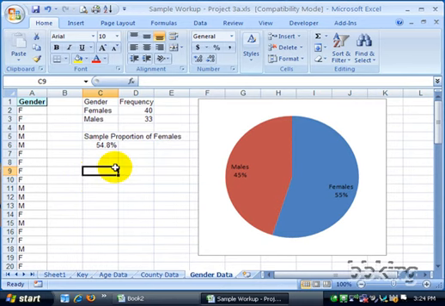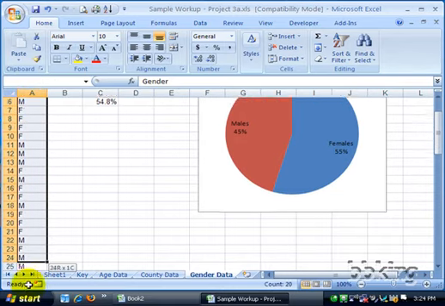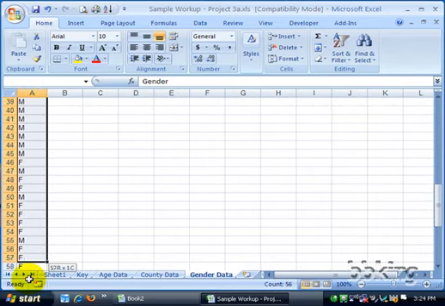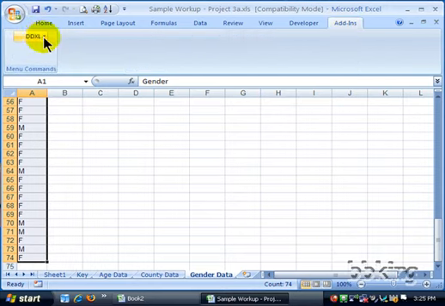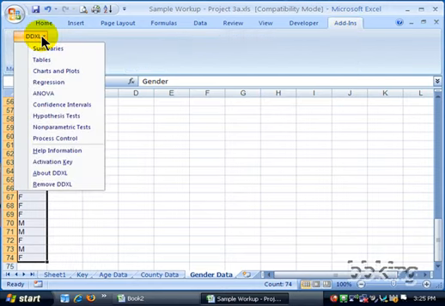So the next thing we want to look at is creating a confidence interval for the proportion of females at Rhone State. We'll select the whole gender column, clicking on gender and dragging all the way down to the bottom of the list. Again, there are shortcut keys that make this a little faster, but we'll do it that way. I'll click add-ins, and then click DDX cell here,